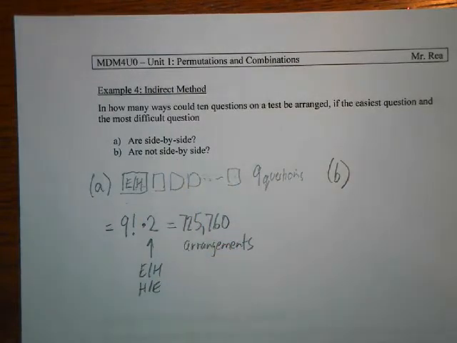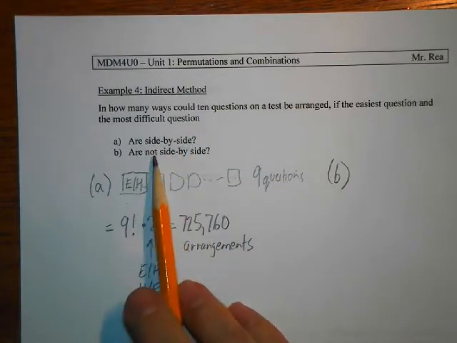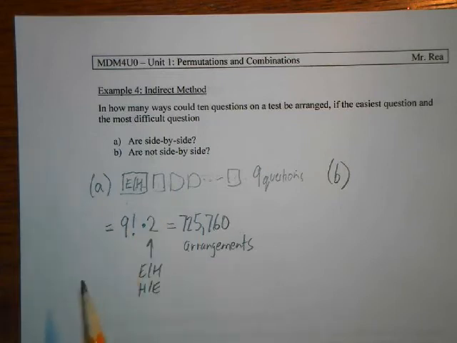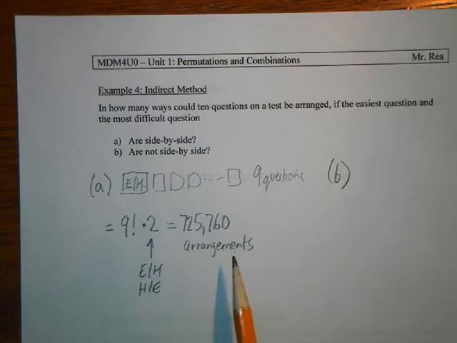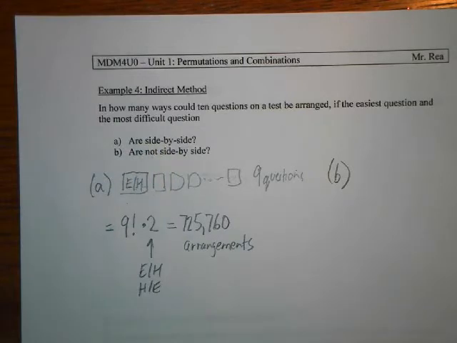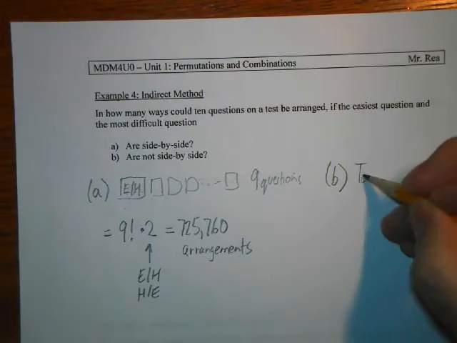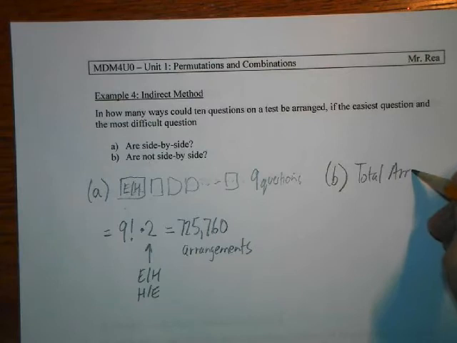But the indirect method is extremely useful here, because we already know the number of arrangements where the easy and hard are side by side. We're looking for how many ways we can arrange them so they're not side by side. So what we're going to do is find all the possible arrangements and subtract the ones that are side by side, and that will give us what we're looking for. So first I'm going to calculate total arrangements, with the 10 questions going anywhere. That's going to be 10 factorial,